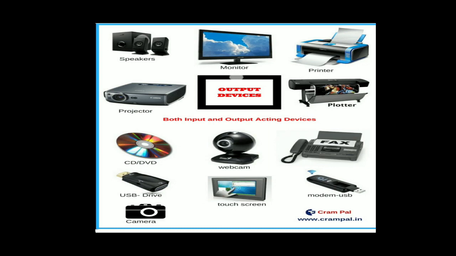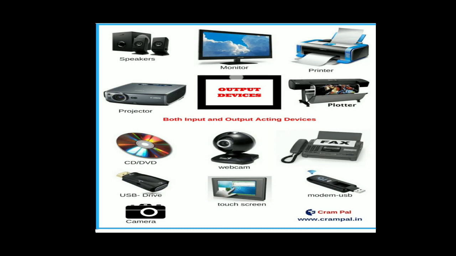Then comes the next part. It is about secondary memory. In case of secondary memory, there is the hard disk, which is used to maintain the data of our computer. Next one is a CD, DVD, then a Blu-ray disc, USB pen drive or flash drive, memory cards and flash memory cards. All these are called secondary memory storage devices, which are used for data transfer as well as data storage on a permanent basis.